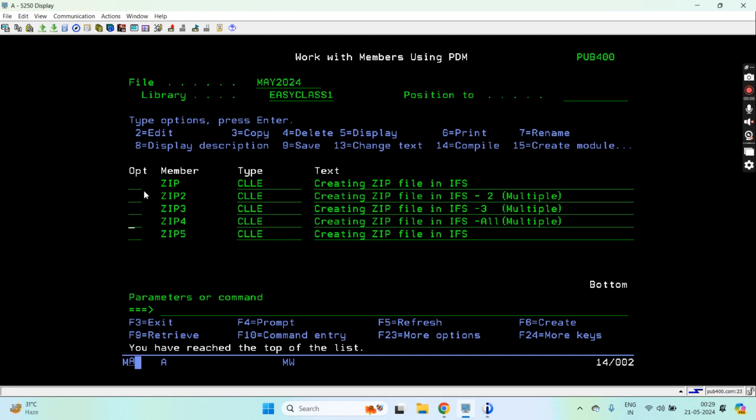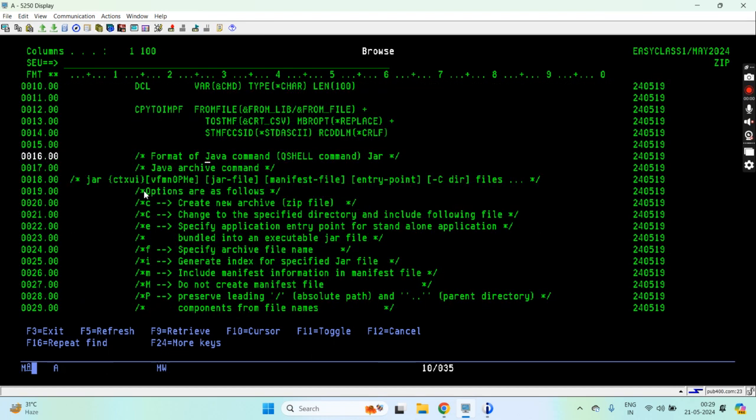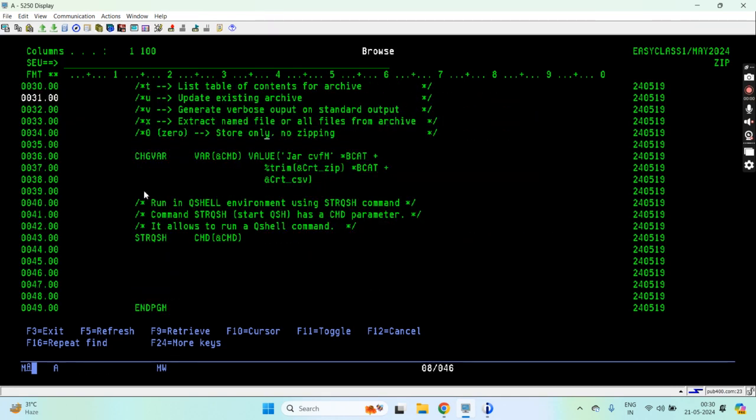Let me first show you the previous one where I zipped one file. There we created a CSV file from the data file using the CPYTOIMPF command. You can look for that video on my channel. Then we used the QSHELL command, in this format: jar, then these options, then the jar file name, and then the file name to be zipped. We ran this command to zip the CSV file,